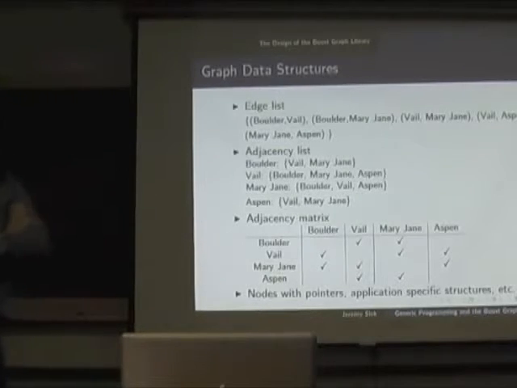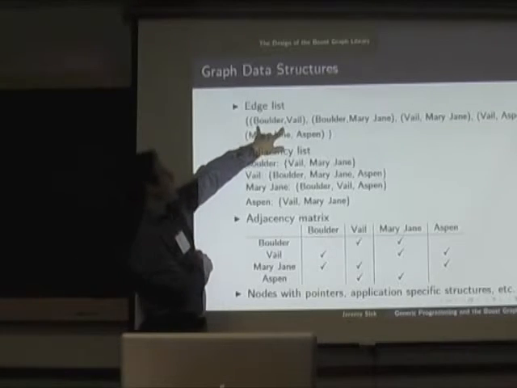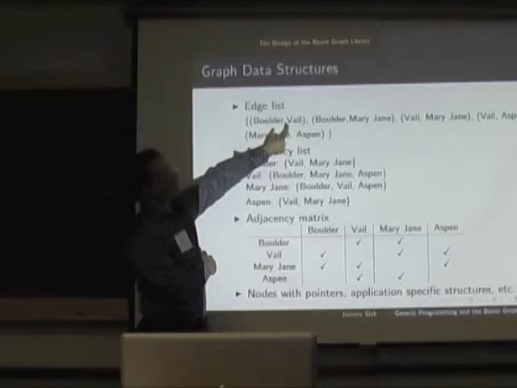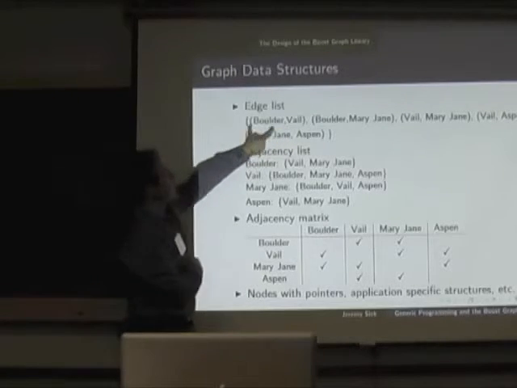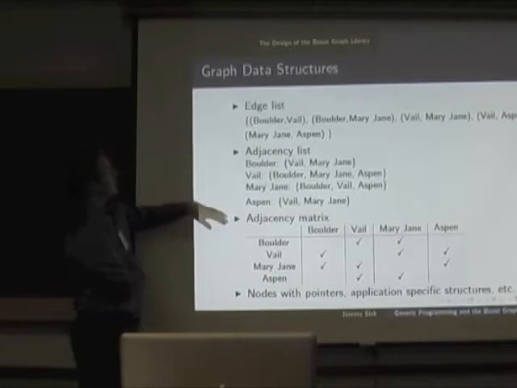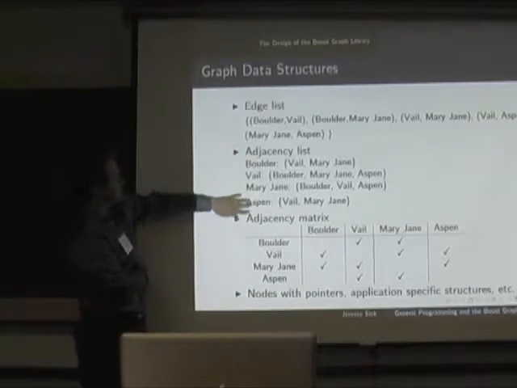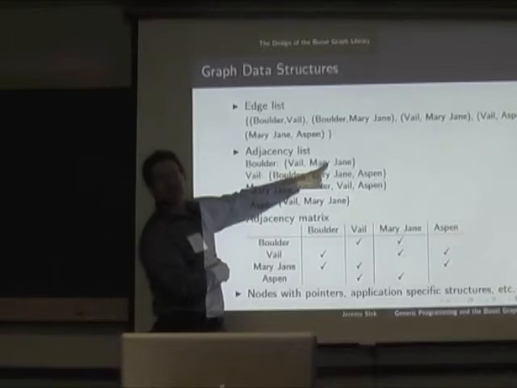And these are just some of the ways that we can store and represent graphs. There's the edge list data structure, a typical edge list where each of these pairs describes an edge, with a source and target vertex, and all of the edges are listed there. Here's another style of representation, the adjacency list. For every vertex, we list its neighbors in the graph.